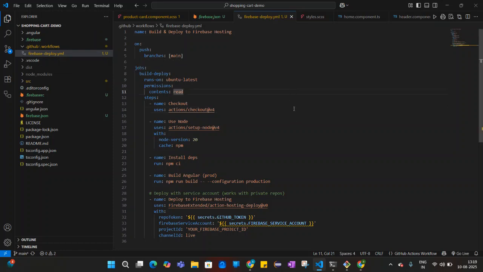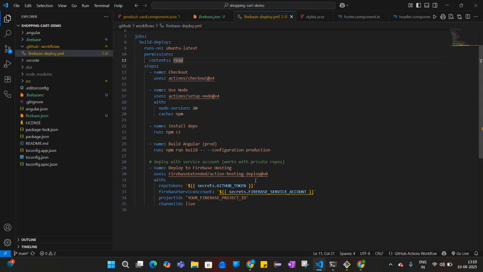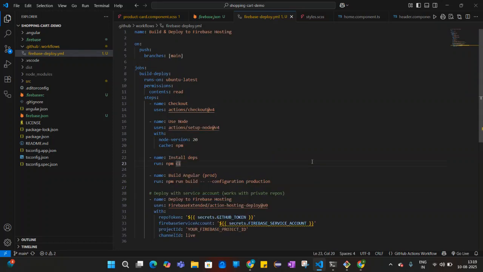Keep the file as it is. You can take it from my repo. Now, we have to set up some GitHub token and Firebase service account details here, and we have to provide the project ID. So, in order to do that,